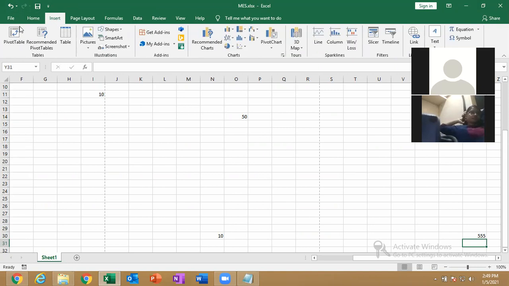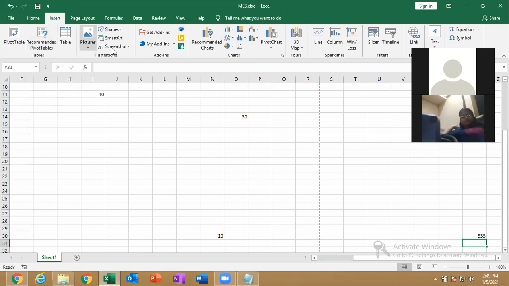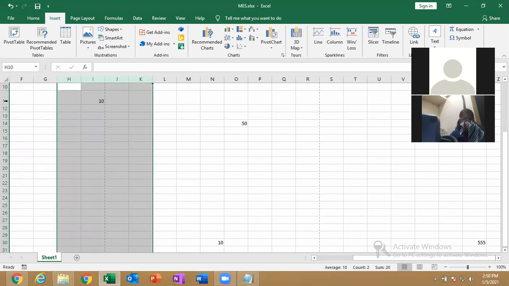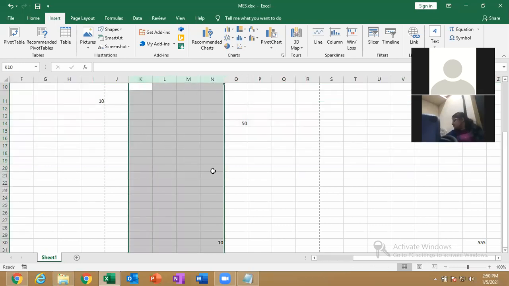These are called tabs, and the entire thing is called the ribbon. The ribbon contains a set of groups. Groups contain sets of commands or tools, and this is the name box which is used to identify the cell address, and this is called the formula bar. We use the formula contained in the cell, and these are called columns. These are rows. The rows are named as numbers, and columns are named as alphabets.